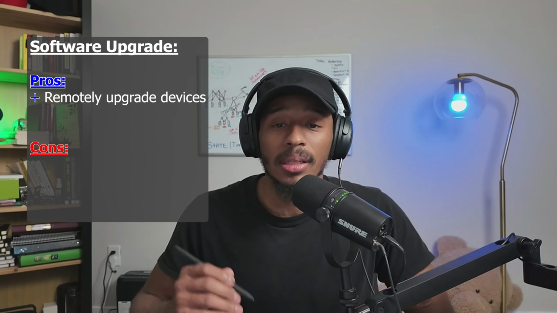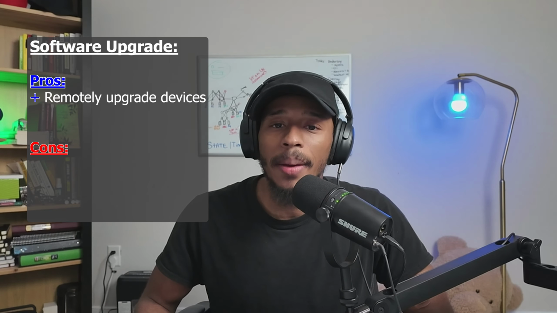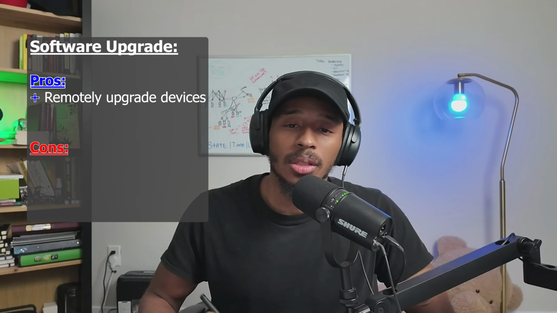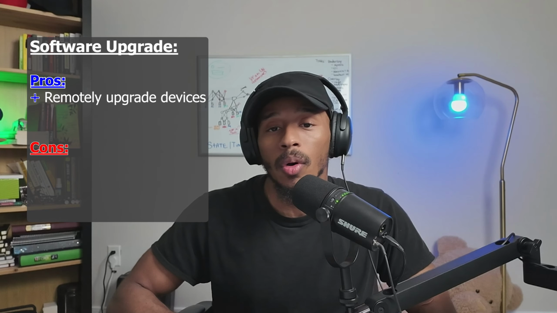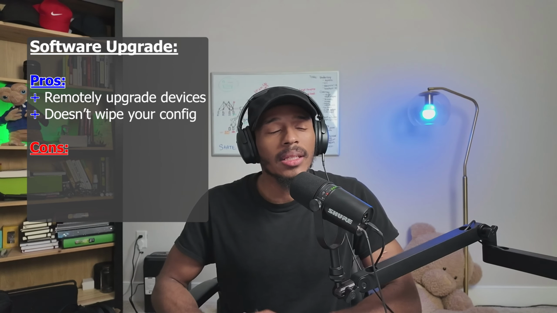You can easily download the software image to your computer and then use some application like WinSCP to leverage the FTP protocol to remotely transfer that image to your device and then upgrade it. It's pretty convenient. Now, performing that software upgrade, like any software upgrade, is going to erase all of your logs